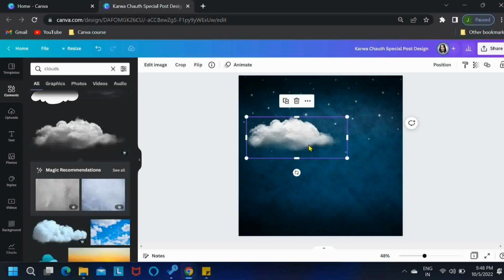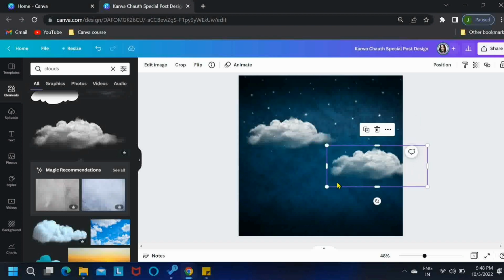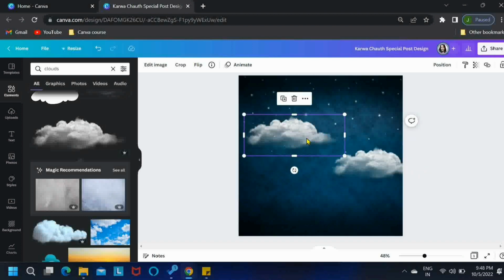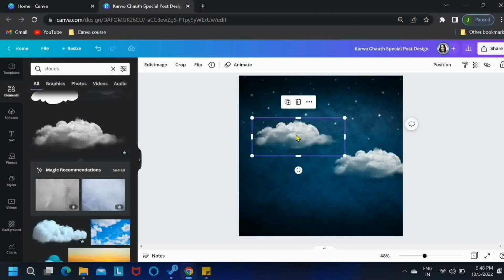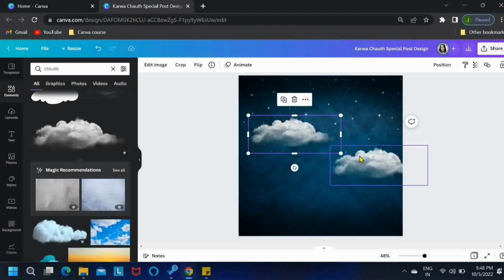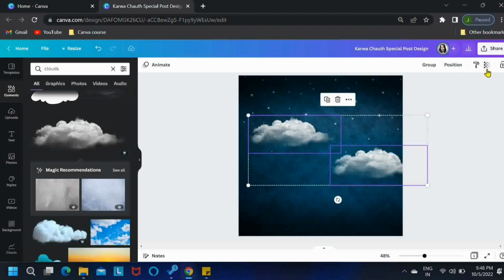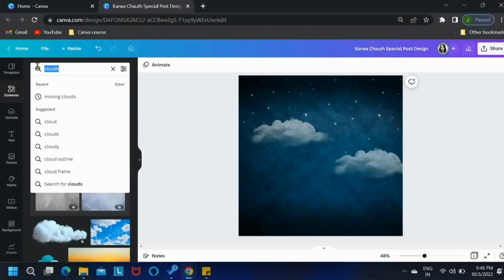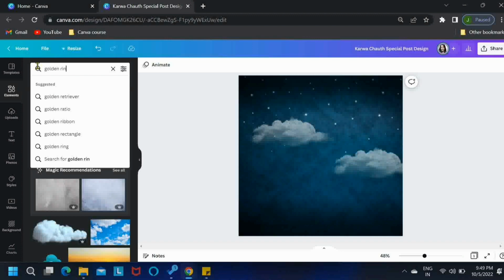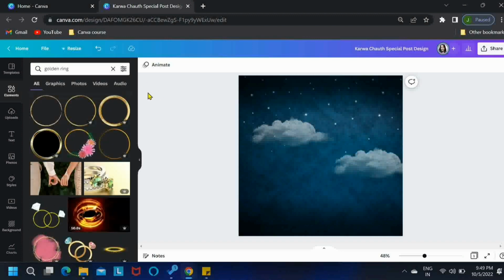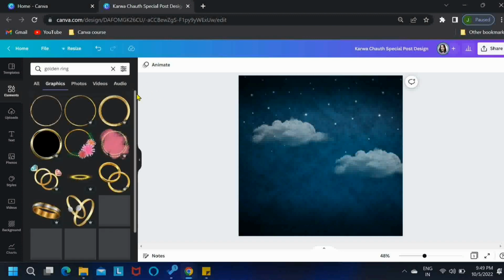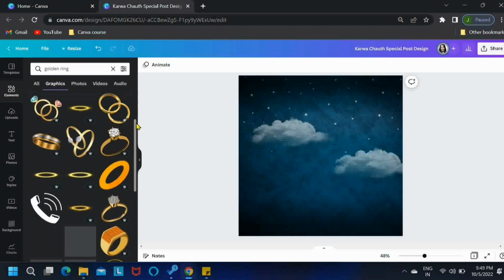Reduce its size, duplicate it, and let's place this over here. Then I'll be selecting both these elements and let's reduce the transparency. I think this will be fine. Perfect. Now let's search for golden ring. Come to the graphics tab, scroll down,